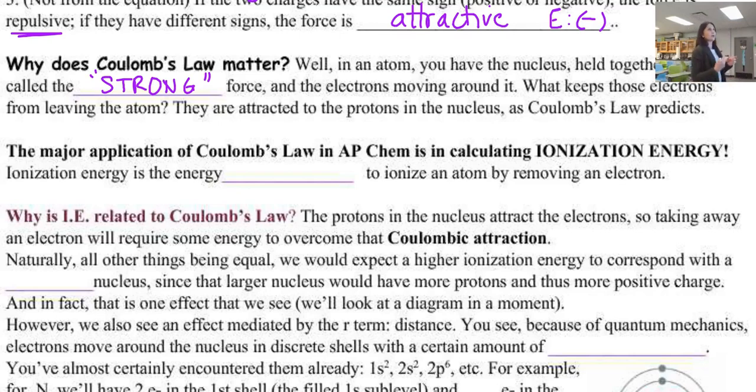And the electrons are moving around it. What keeps these electrons from leaving the atom? Well, that's the electrostatic attraction. They're attracted to the protons in the nucleus, as Coulomb's law predicts. The major application of Coulomb's law in AP Chem is calculating